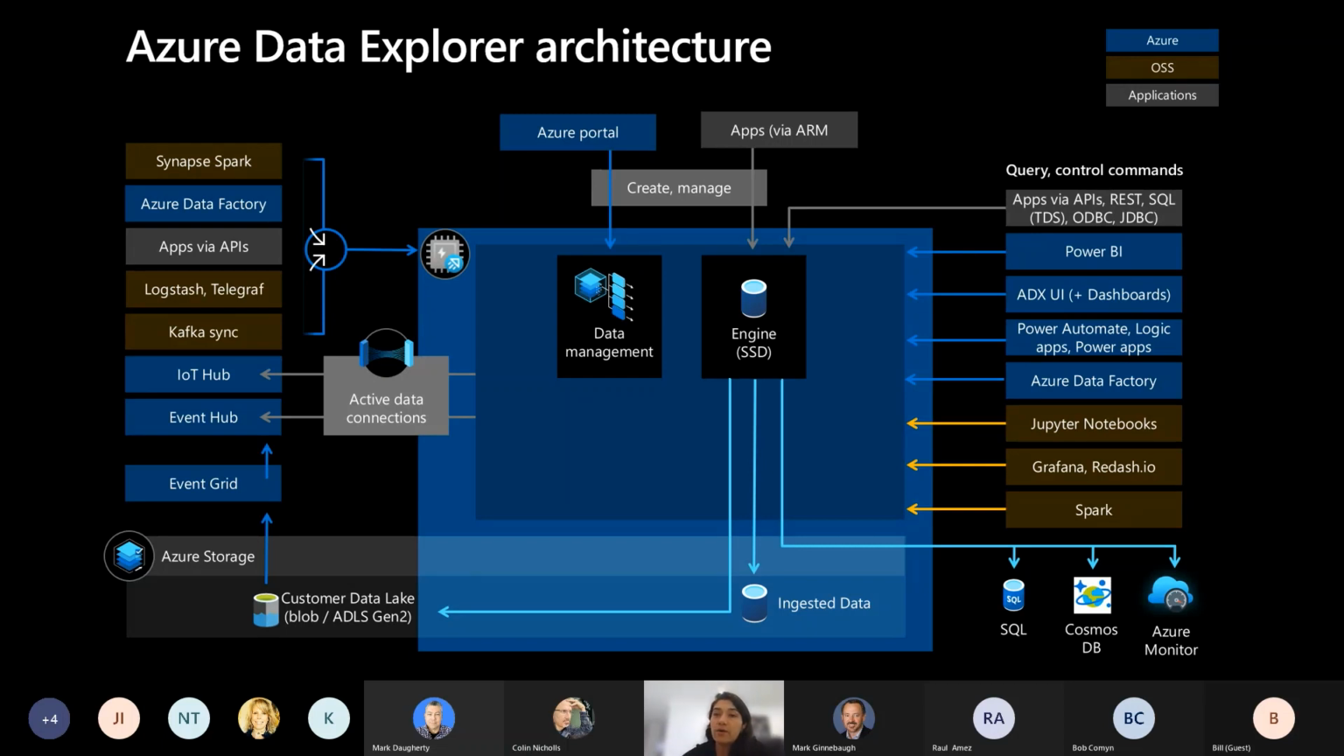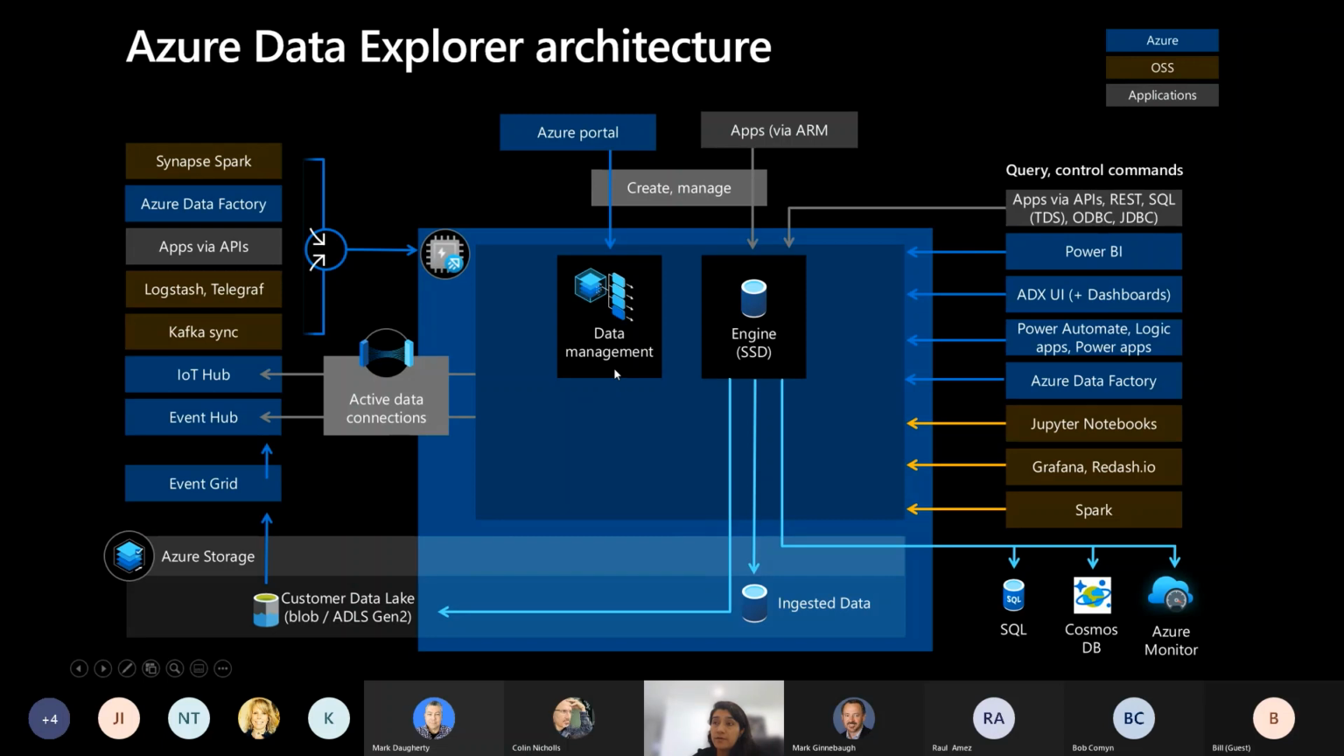So a quick look at the ADX architecture, what it comprises of. When you spin up your ADX cluster, either via Azure Portal or ARM templates, the blue box in the middle is what you get as your cluster. Now the components within that, as a consumer, you don't need to worry about them, but I'm just going to give you a very high level view of what it comprises of. So there are three key components. One is the